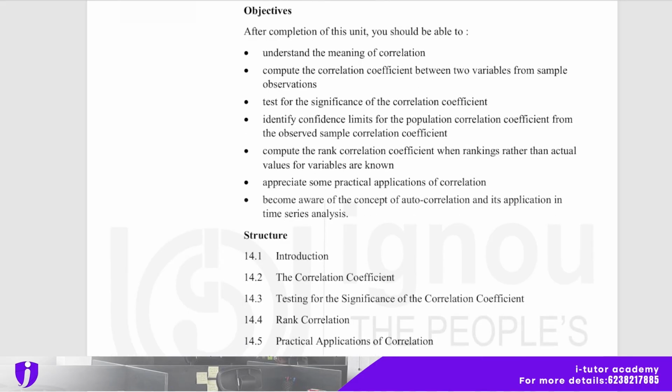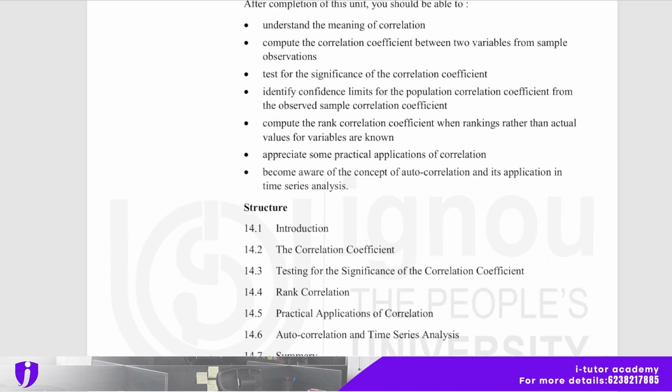After completion of this unit, you should be able to understand the meaning of correlation, compute the correlation coefficient between two variables from sample observation, test for the significance of the correlation coefficient, identify the confidence limit for the population correlation coefficient from the observed sample correlation coefficient, and compute the rank correlation coefficient when ranking rather than actual value for variable are known, appreciate some practical applications of correlation, become aware of the concept of autocorrelation and its application